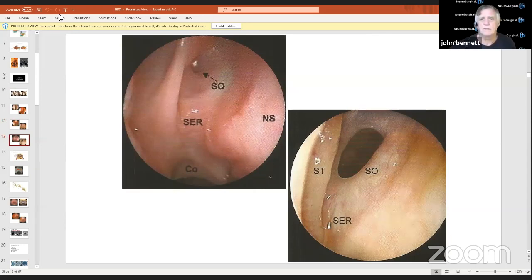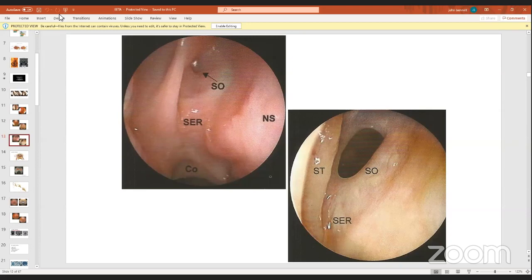Okay. So here on the left pictures is what I consider to be the most important landmark. On the picture on the left, you are in the right nostril. When you are in the right nostril, what you see just above the choana is the SER, the sphenoethmoidal recess. For me, the sphenoethmoidal recess is the most important landmark that you should see, because it's easy to